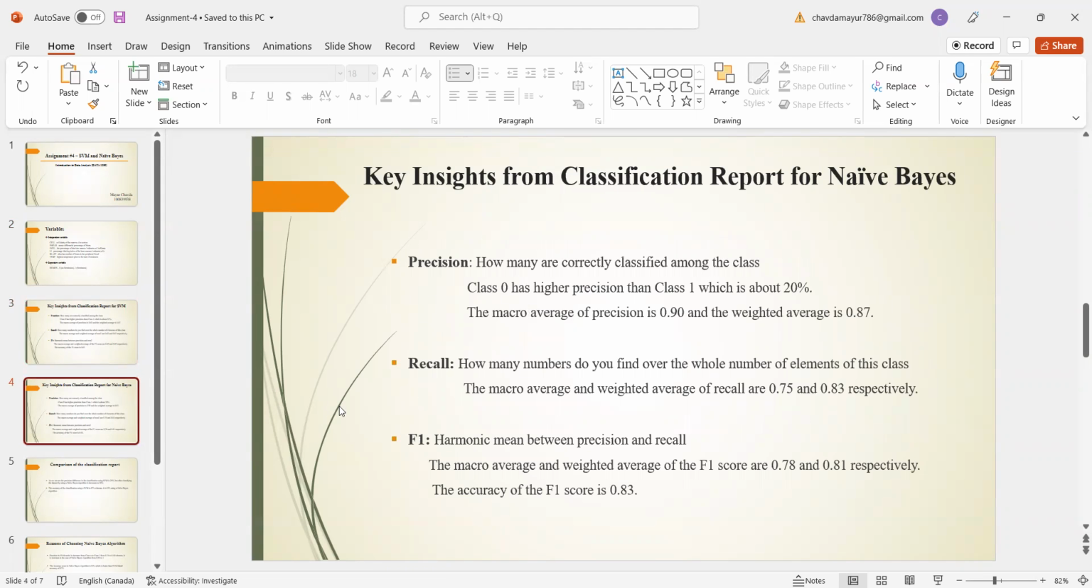Now the key insights from the classification report for the Naïve Bayes algorithm. First one is precision: how many are correctly classified among the class? Class 0 has higher precision than class 1, by about 20%. The macro average of precision is 0.90 and the weighted average is